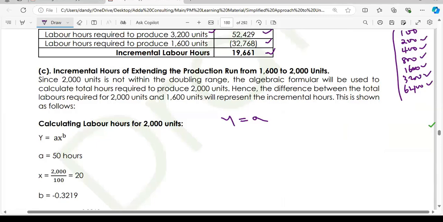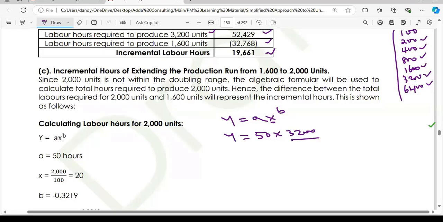So my Y would be equal to the average time taken to produce the first batch, which is still 50, multiplied by X, the required output. In this case, you want to increase to produce additional 1,600 units. So the existing one is 1,600 plus another 1,600, that's 3,200. So that means the required output is